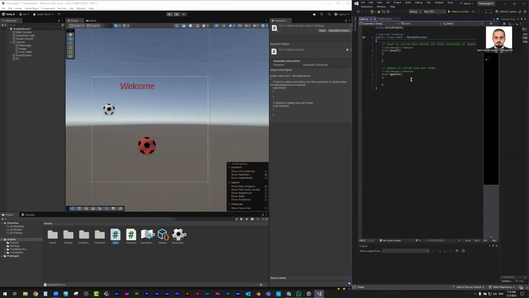I need to define the GameObject first. GameObject B1, for example. I'm going to put the ball I'm going to control, or any object I want to control, by using this